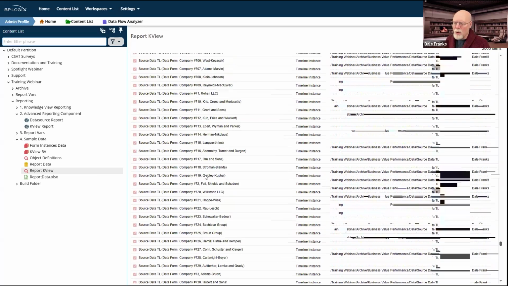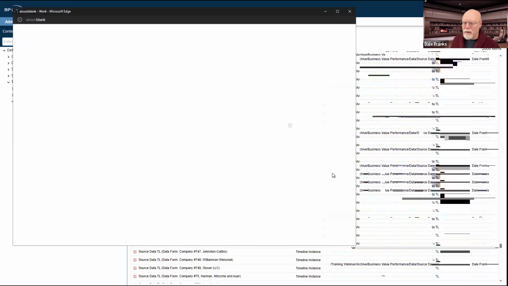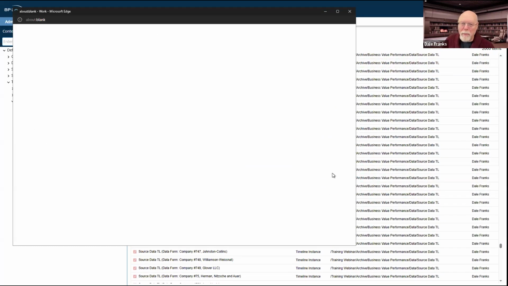So let's scroll down to timeline instances. We can see the name of our timeline instances. And there are some nice things about the Knowledge View. I can, if I want, just click on a timeline or a Knowledge View instance, and it will open up the appropriate form by default, although you can change this behavior in your Knowledge View. I probably should have pre-opened up this form so it was already compiled so we wouldn't sit here and stare at a blank screen for a while, but all I have to do in a Knowledge View is just click on the item and it pops open.